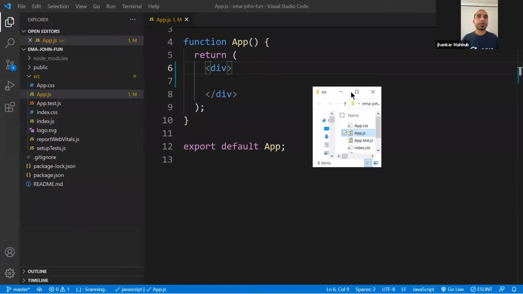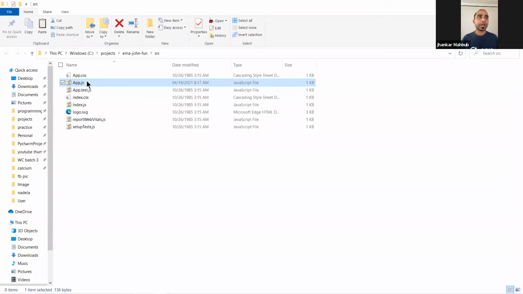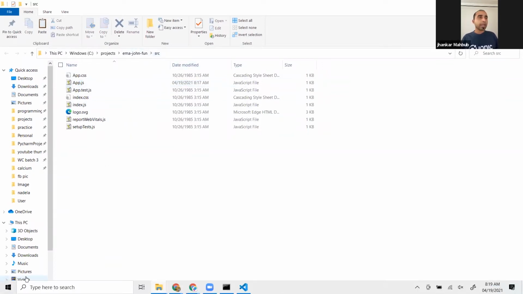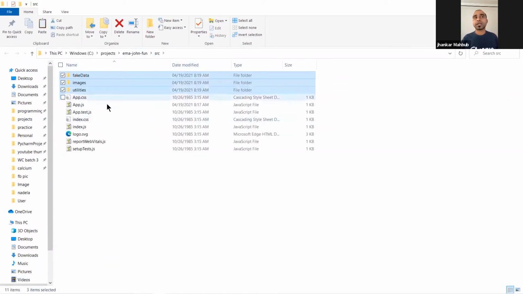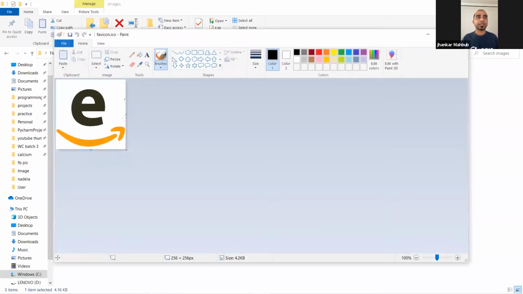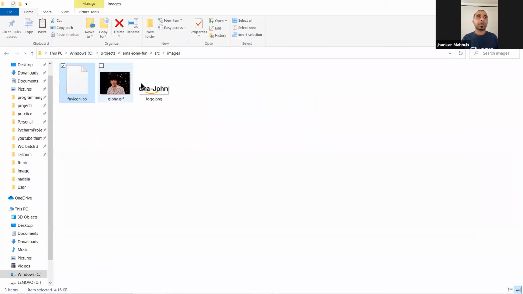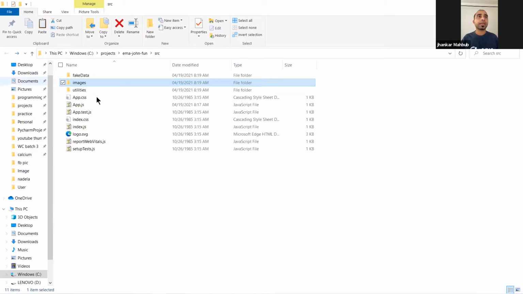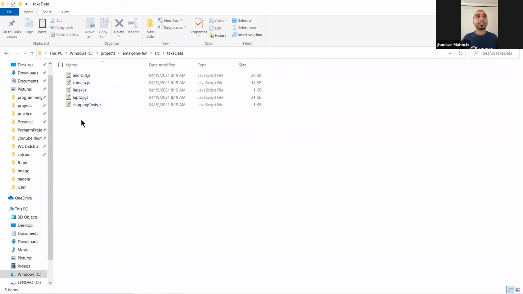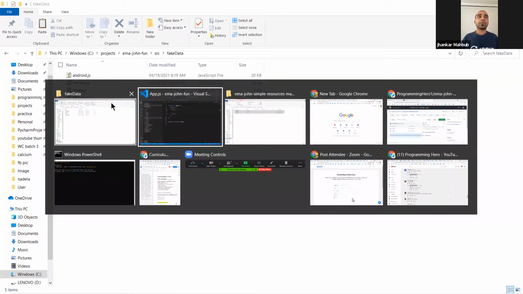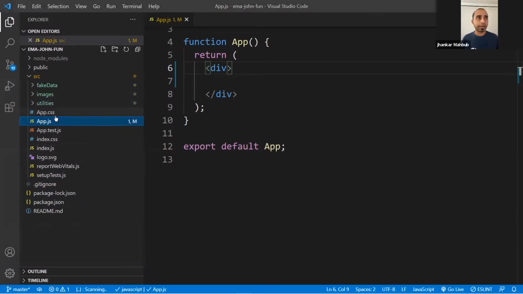And once it is revealed, this is the folder, this is app.js and all this stuff, and the src folder is what we are working in, and then we are pasting these 3 files we needed. This one has some images, this is the icon or fav icon, and this is the logo that we have there, and then it has some files that are actually data. If you want, you can look into those very briefly. And this is the fake data.